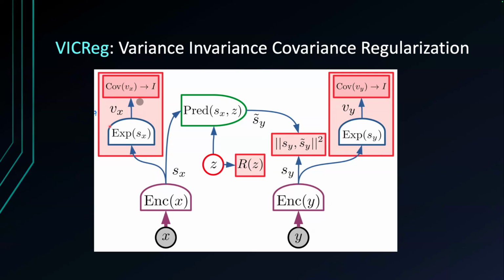Okay, so there's an expander module for that here, and there's an expander module for encoder Y also. There is a loss function right here. There's an L2 loss. Okay, so you have variance being calculated over the batch. It's not over one single point. It's calculated over the batch. Invariance is the part where you are feeding the encoder X with some corrupted input, right? That's where invariance comes in. So variance, invariance, and then covariance is through these expander modules, and then you want this covariance to go towards